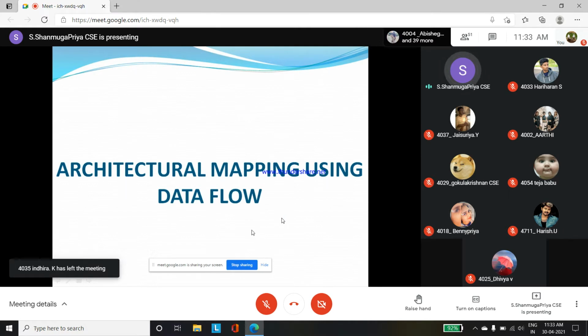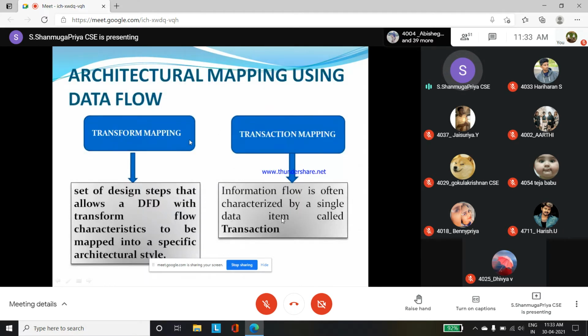Here we are using two concepts: transform mapping and transaction mapping. For architectural mapping we follow these two methods. With the help of this mapping we will get a high level architectural design pattern.